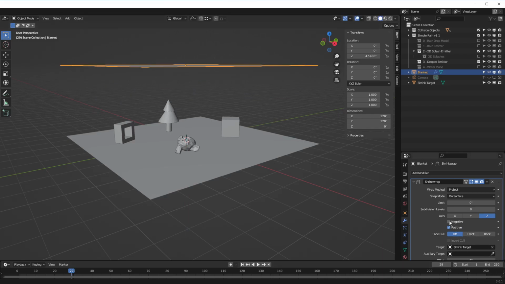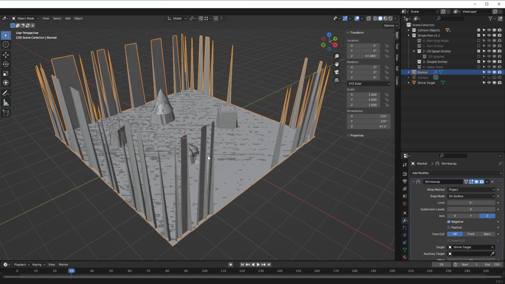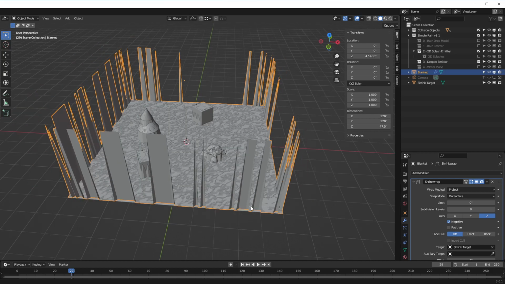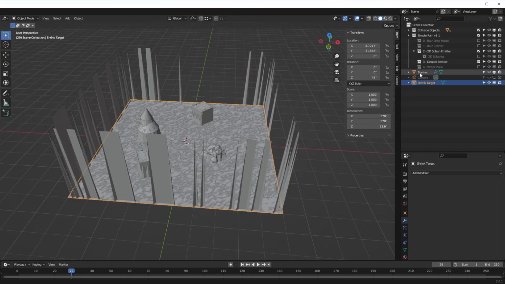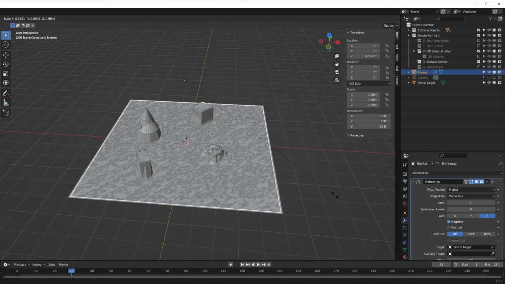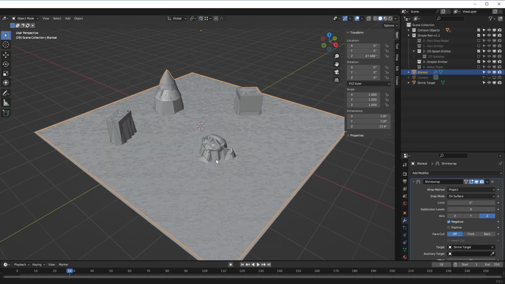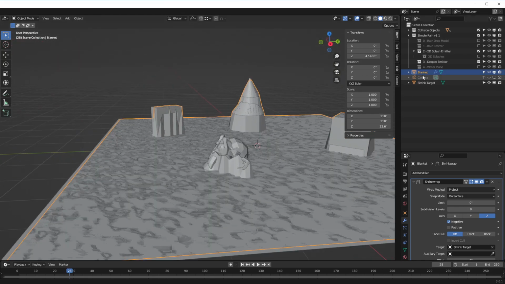We want it to do negative, so it's looking down. Now we're getting these weird ridges on the edge because it's kind of overlapping our shrink target just ever so slightly, so we can scale it down just a little bit and it will fit just the way it's supposed to. So now that we've got our blanket done and everything's looking like it's mapping the way we want